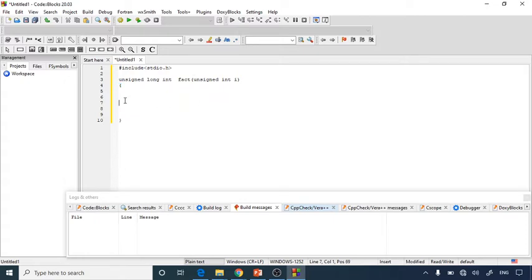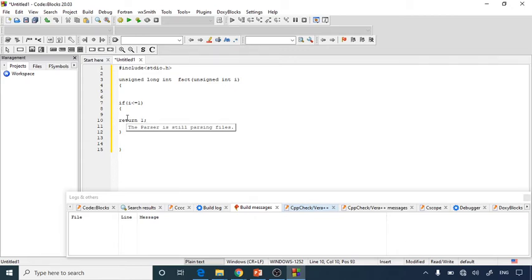After that I'm going to give one condition: if i is less than or equal to 1, this is my condition for recursion, then you have to return 1. This way I have made the exit policy here.